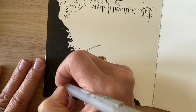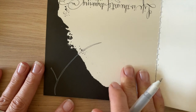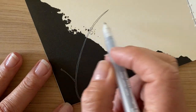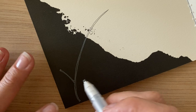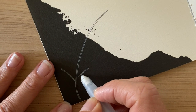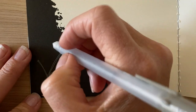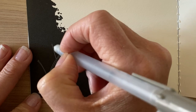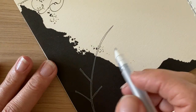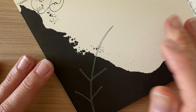And I'm going to just draw a little needle like that. And I like to go back and forth. And I'm going to be drawing them fairly sparsely spaced. And then I'm going to go back and kind of show you how they nestle in with one another. And you can keep your needles, if you will,